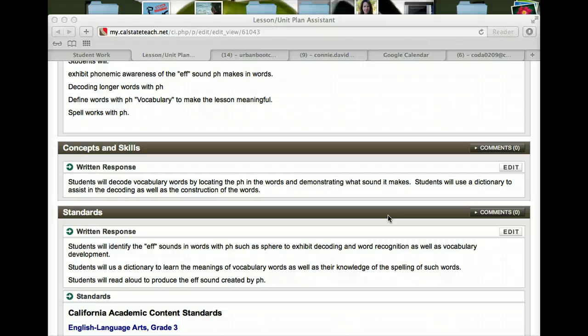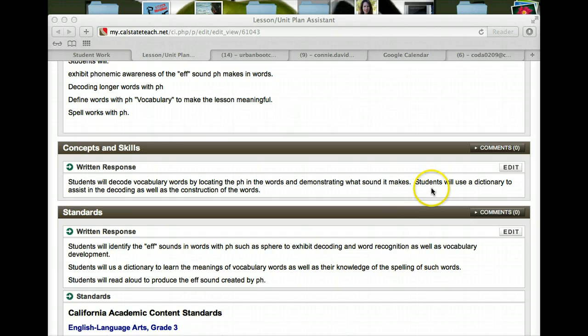Locating the PH in a word really just means that they have to identify that grouping of those two letters and then know that those two letters make a particular sound. So you need to be very careful about what you're writing here, because I'm going to be looking at decoding skills and I'm going to be looking at PH identification